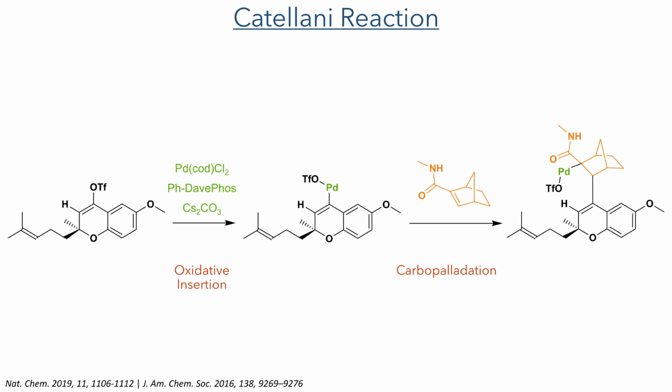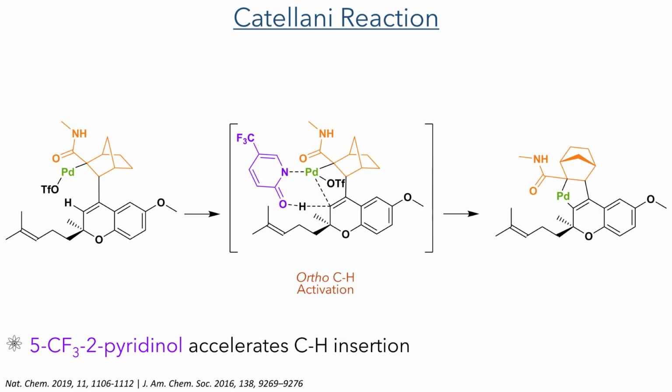Palladium first undergoes oxidative addition into the carbon-oxygen bond. This then reacts with an amide functionalized norbornene reagent. This carbopalladation step forms a carbon-carbon bond and positions the palladium where it can react with a hydrogen bound to the alkene. This CH activation step is accelerated by a